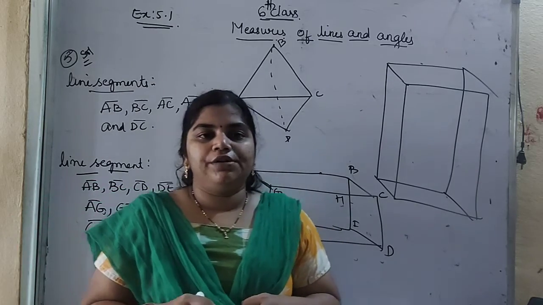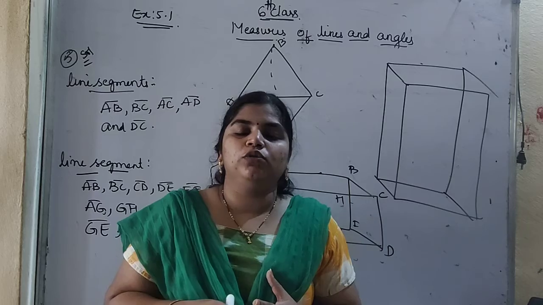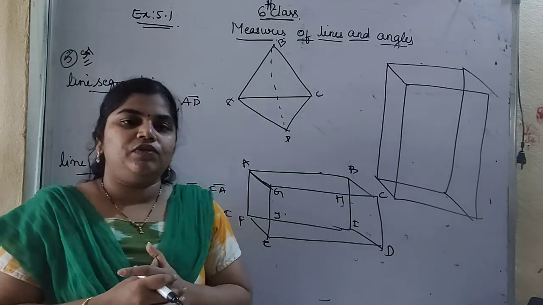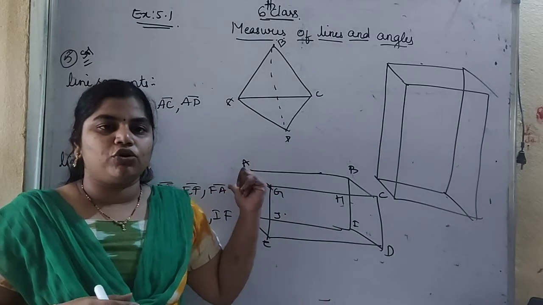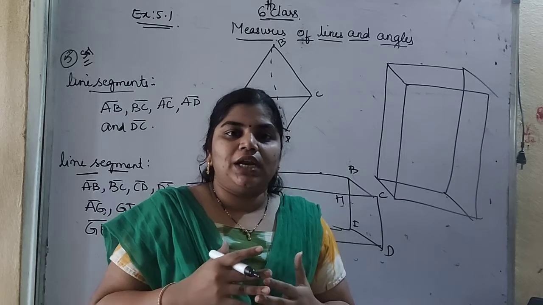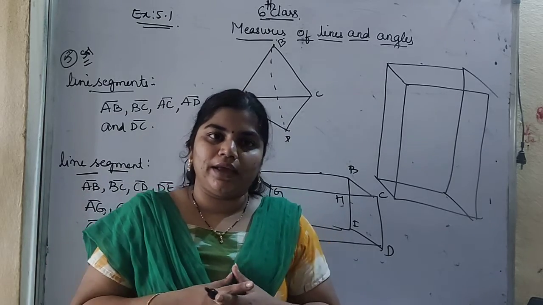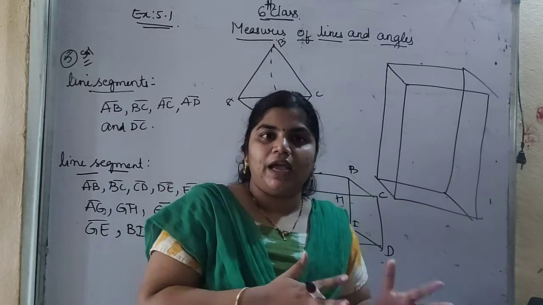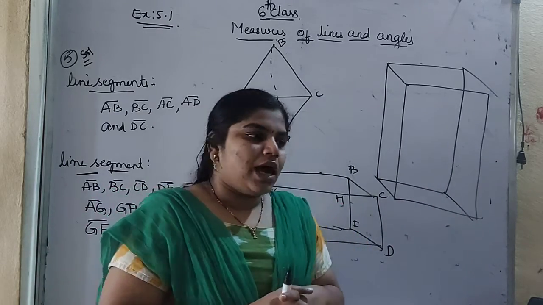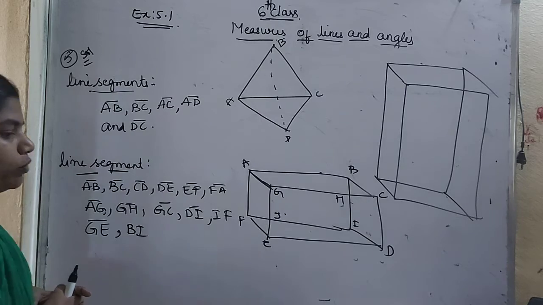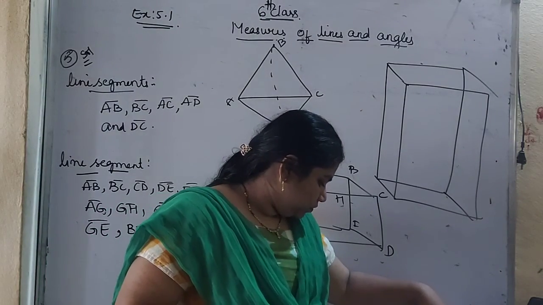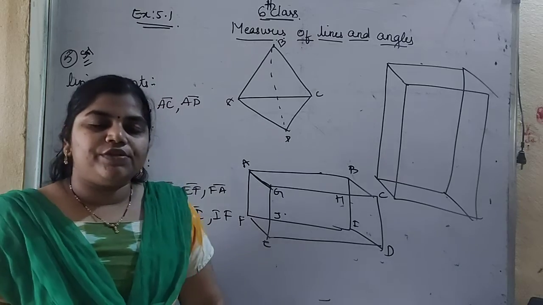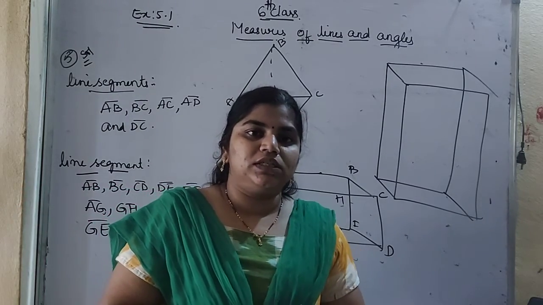Okay, and also we have learnt about the angles, how to measure the angles. By using the protractor we will measure the angles. So already I have shown you the protractor in the textbook and also I have brought it on board. So always the points which are lying inside the line are called acute angles, and the points which lie outside the line are called obtuse angles. And we have started this exercise 5.1. So in this exercise 5.1 I have given the homework as second bit and third bit. Yes, second and third I gave as homework. So complete that homework by yourself. Thank you.